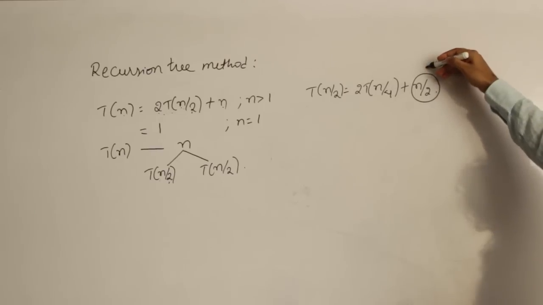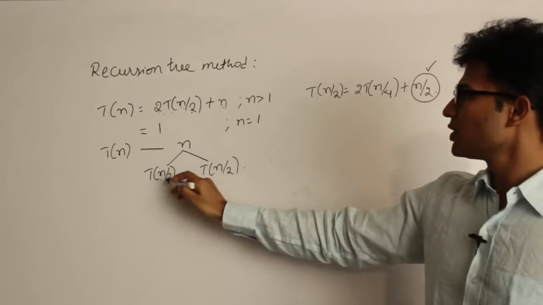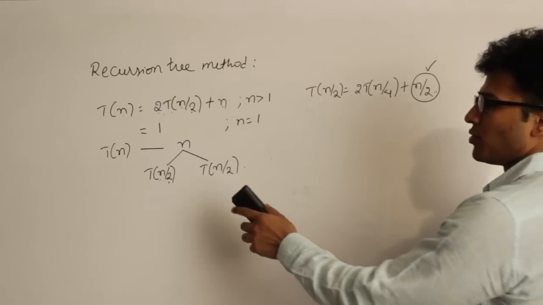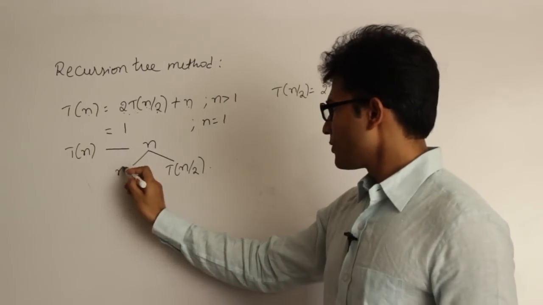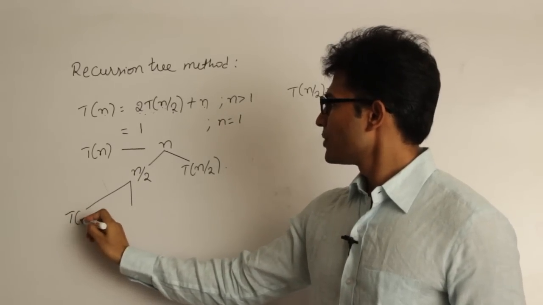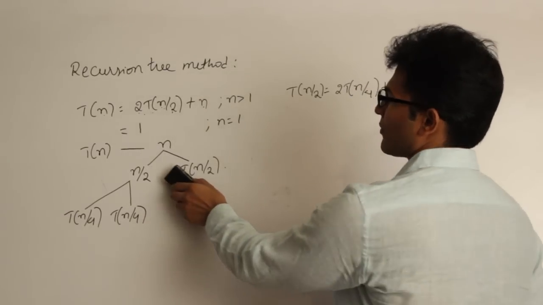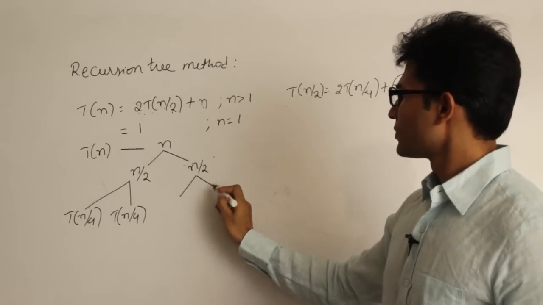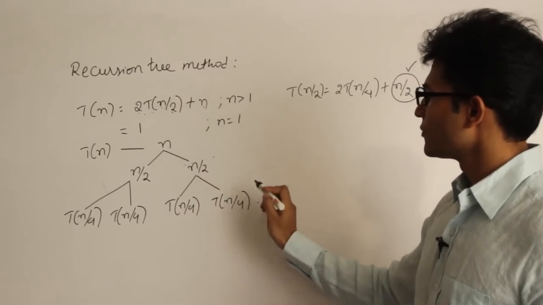So we are not going to do n work at every node. We are going to do work which is actually equal to this number, which means if it is T of n by 2, we are not going to do n work there. We are going to do only n by 2 work, because we got the equation to be n by 2. Now if I do n by 2 work, then I am going to split the problem into two parts, and first problem is T of n by 4 and T of n by 4, and again this is also the same, n by 2, T of n by 4 and T of n by 4, right?